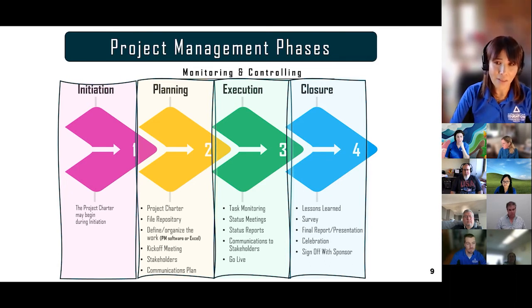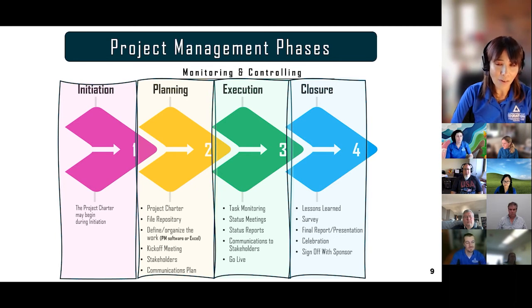Notice that we've got other key activities in the phase after the project charter. All of these things down here, some of them fit into every project, some might be only for large projects. So you'll have to look at this entire model and figure out, not every project needs it, but many of them do. So a file repository for storing files and getting it organized so people know where to put what. Defining and organizing the work. This one is huge. Making sure that you've got some sort of living, breathing plan that helps you monitor all of the tasks and what's happening. That typically happens in some sort of software these days.